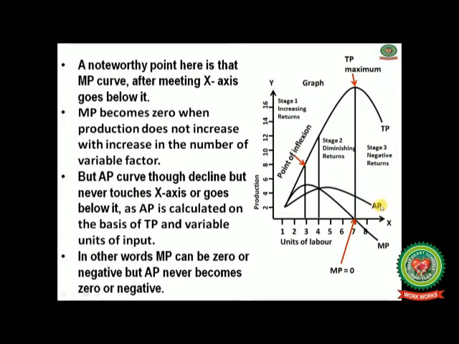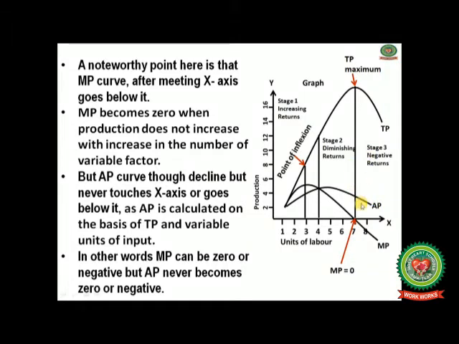Because average product is the per unit production, meaning the production given by each and every laborer. That's why the average product cannot be 0. When you go for work you have to give output at the end of the day. If your output becomes 0, it means no work is done and there are no wages. So average product can never touch the x-axis or be 0.